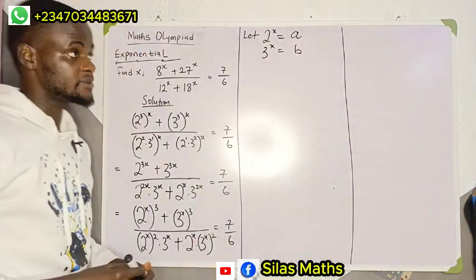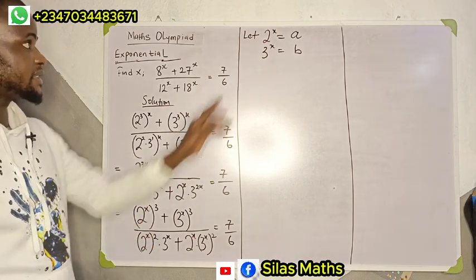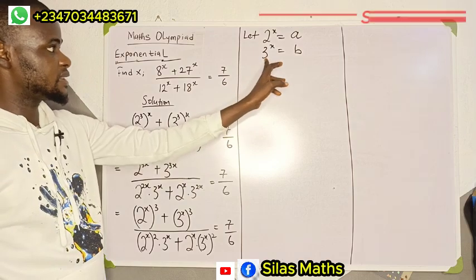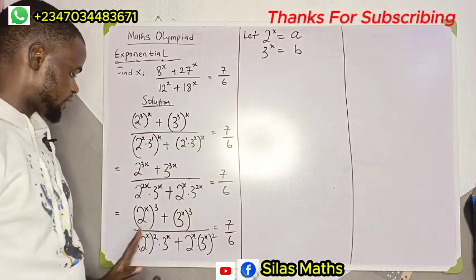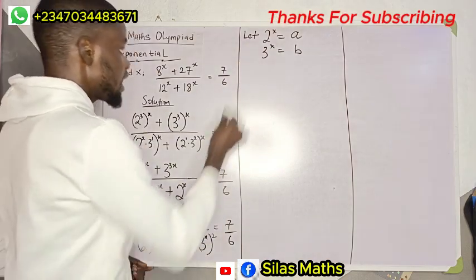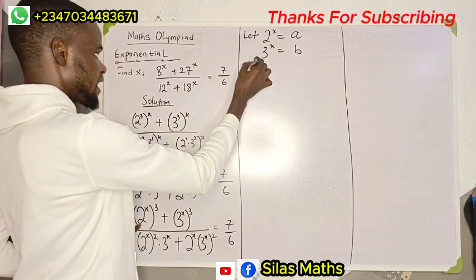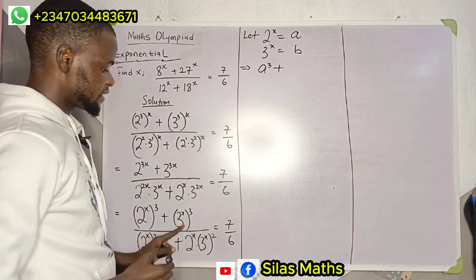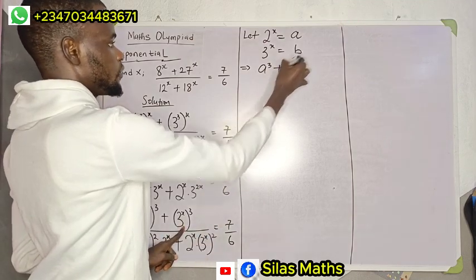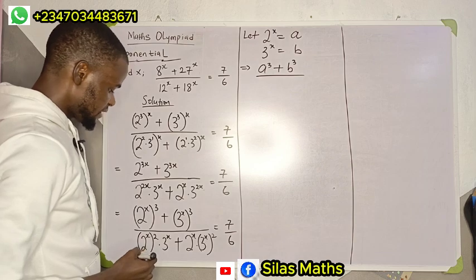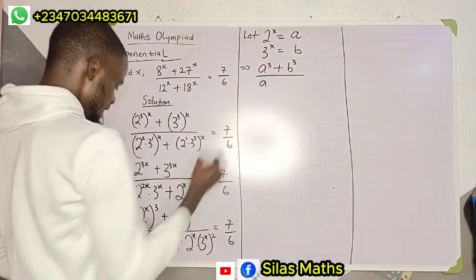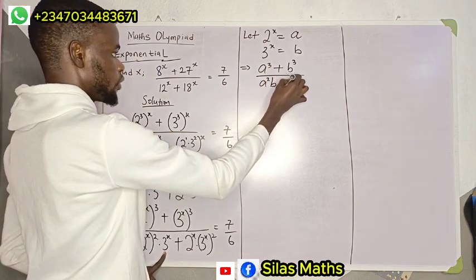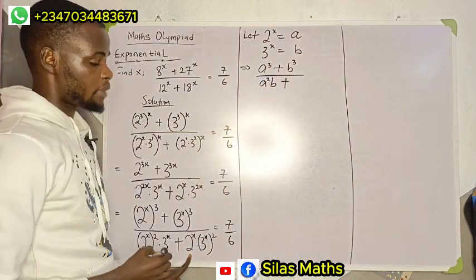B. So let's work with these variables by replacing. Anywhere I see 2 to the power of x, I will replace it with what? A. And anywhere I see 3 to the power of x, I will replace it with what? B. So in doing that in this equation here, replacing this with a, I'll have a to the power of 3 plus, replacing this with b, I'll have b to the power of 3, all over, replacing this with a, I will have a to the power of 2. Then this is my b, plus then 2 to the power of